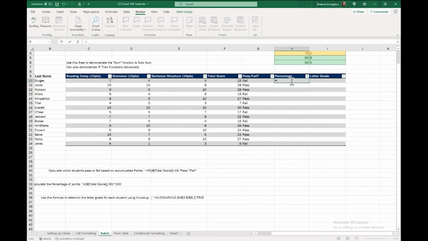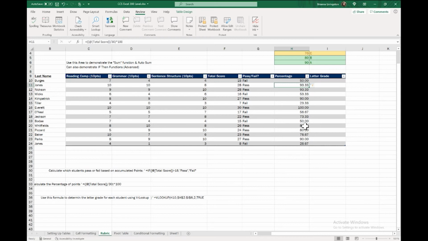So we're going to hit an equal so that Excel knows we're ready to perform a calculation. We're going to call total score again because our percentage is going to be based off of the total score, which is 30 points. So we want to divide that by 30 points. So whatever the 15 points divided by 30, we actually want to put this in parentheses because we want this calculation to happen first. And then we want to multiply that by 100. And now we've got our percentages for each of those scores all the way down. Okay.